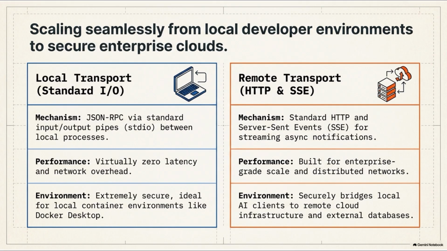Another key benefit of MCP is its ability to scale seamlessly from a single developer's laptop to secure enterprise-grade cloud networks. It does this by supporting two distinct types of transport layers. For local transport, MCP uses standard input and output, commonly known as STDIO pipes. This allows the AI client and server to communicate as local subprocesses on the same machine. This approach features virtually zero latency, requires zero network overhead, and is incredibly secure, making it ideal for local container